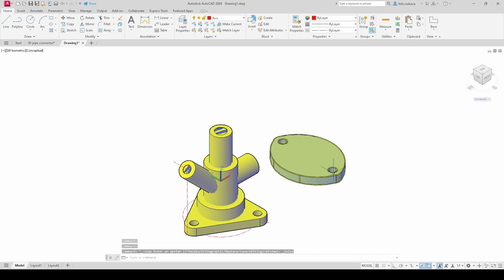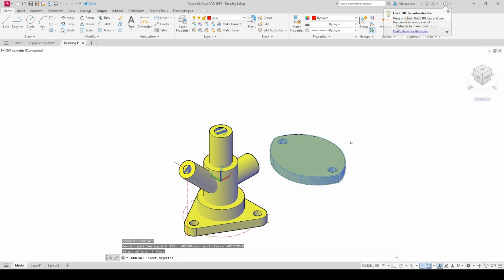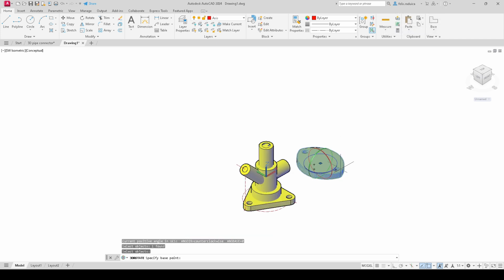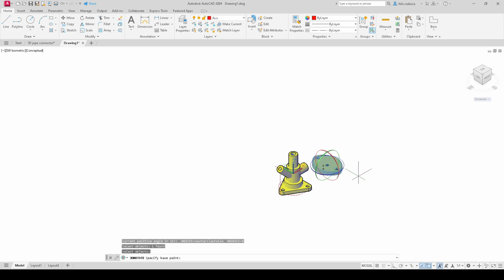This flange needs to be rotated a few times, and then it needs to be placed here. So let's 3D rotate this flange, and we need to rotate this on this axis